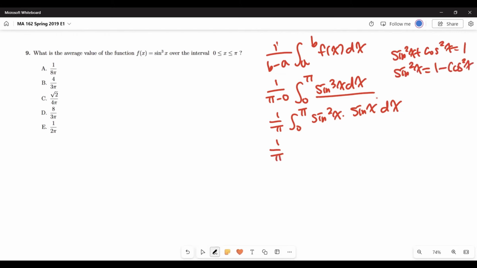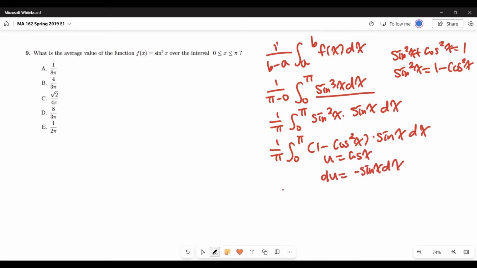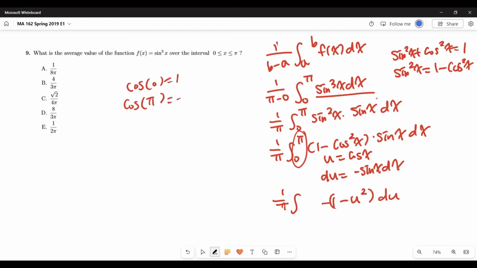So this becomes 1 over pi, 0 to pi, 1 minus cosine squared x, sine x dx. And you can put u as cosine x because sine x dx can be derived from the derivative of cosine x with the negative sign. So you can put u as cosine x and du as negative sine x dx. So 1 over pi, 1 minus u squared, negative du, and you have to find our new bounds. Cosine 0 is 1, cosine pi is negative 1, so this becomes 1 to negative 1, which we can change